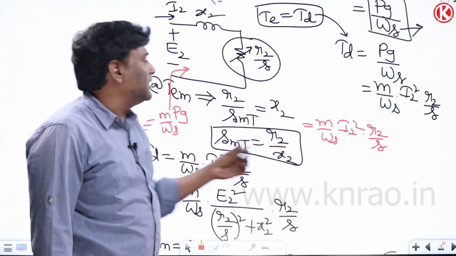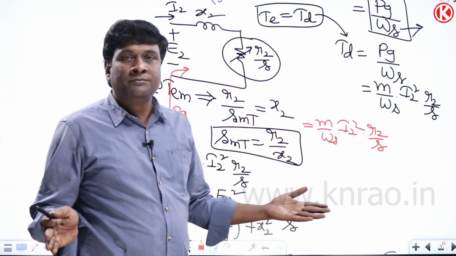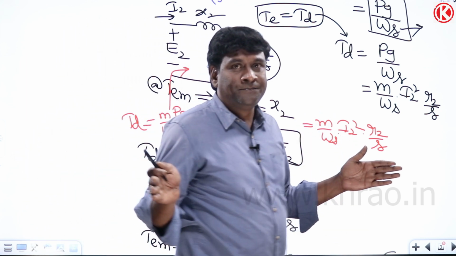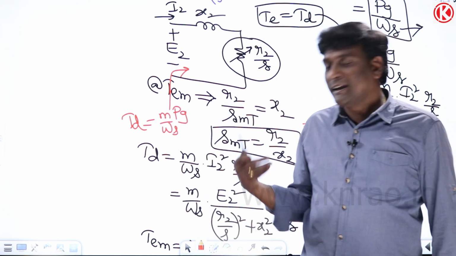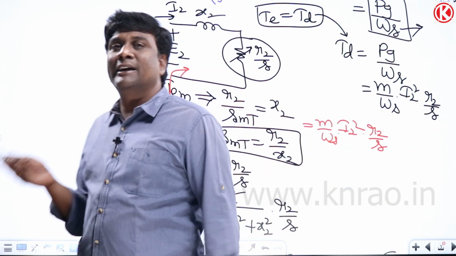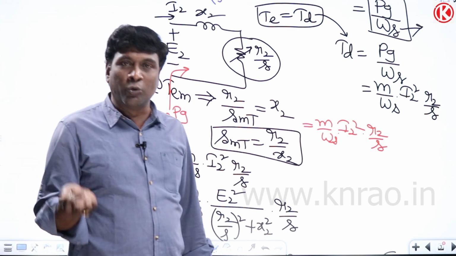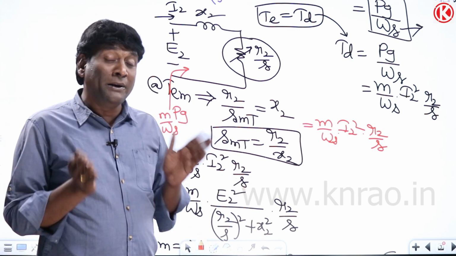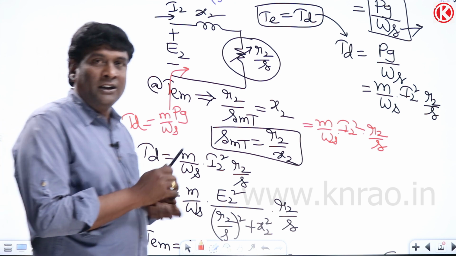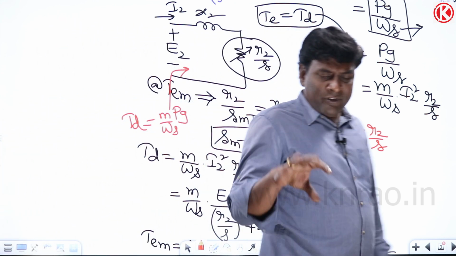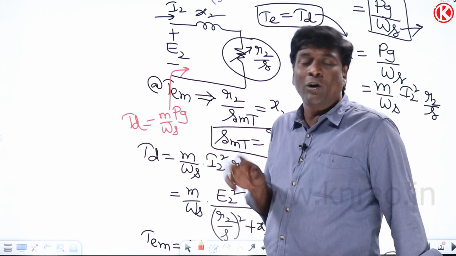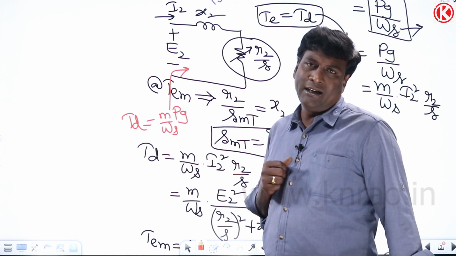After that you are going to divide this equation into two splits: running conditions, where slip is going to be less, and starting conditions, where slip is going to be more. So high slip region, low slip region, depending upon the question asked. For example, if they ask, rotor resistance is doubled, what will happen to starting torque? You have to answer it.